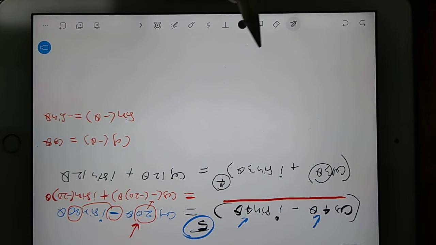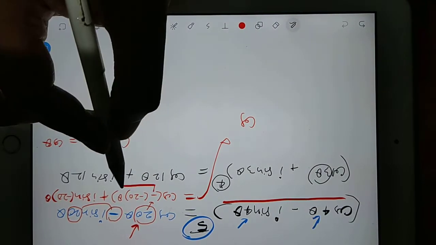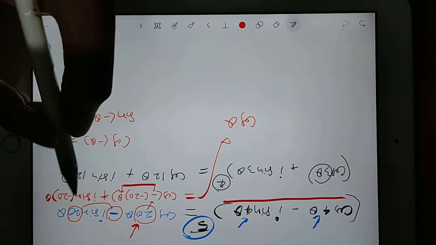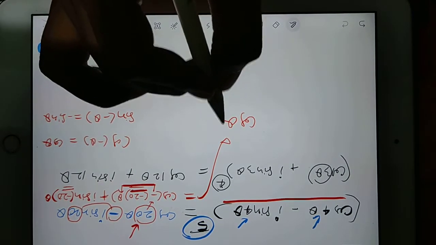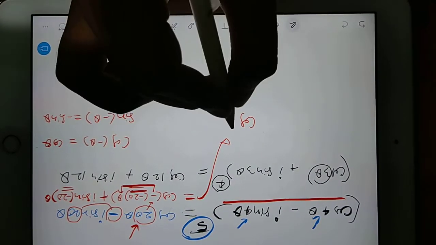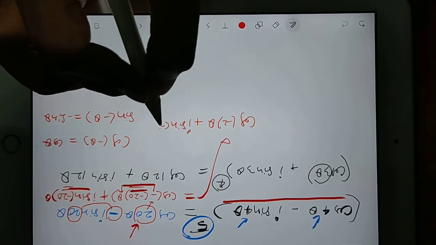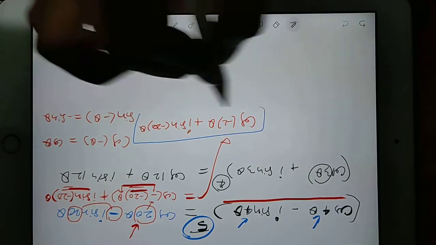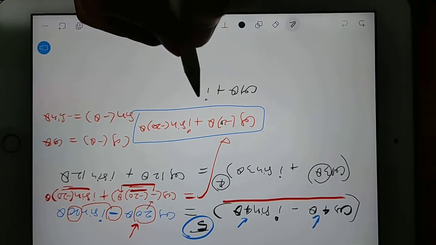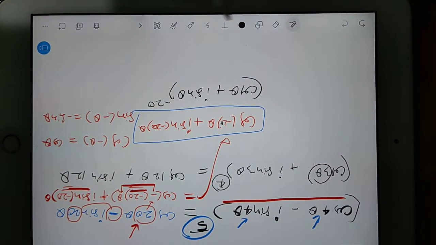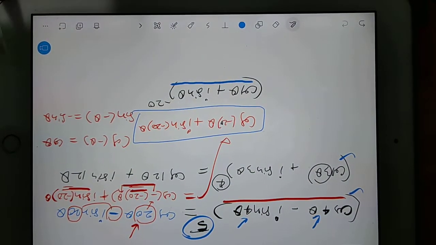Now see what is happening here. This step I am further expanding. Cos, I am getting this minus theta, so minus theta will be cos theta, and this minus 20 and this minus 20 I will consider as n. So I am writing cos minus 20 theta and plus, this sign as it is, i sine minus 20 theta. Now get my point. Now just reverse De Moivre's theorem. Reverse means again take this power up. So I can write this as cos theta plus i sine theta whole power minus 20. With this process, I will convert all the four brackets into the same cos theta plus i sine theta.